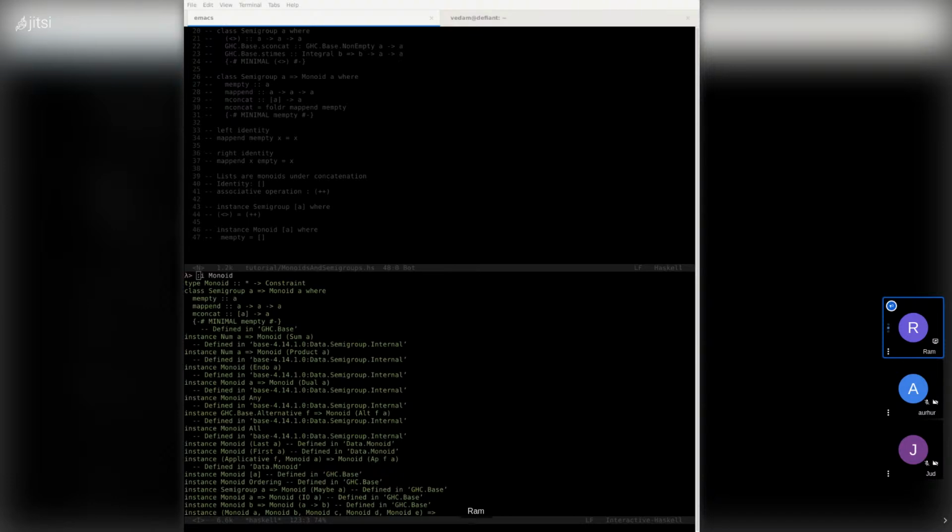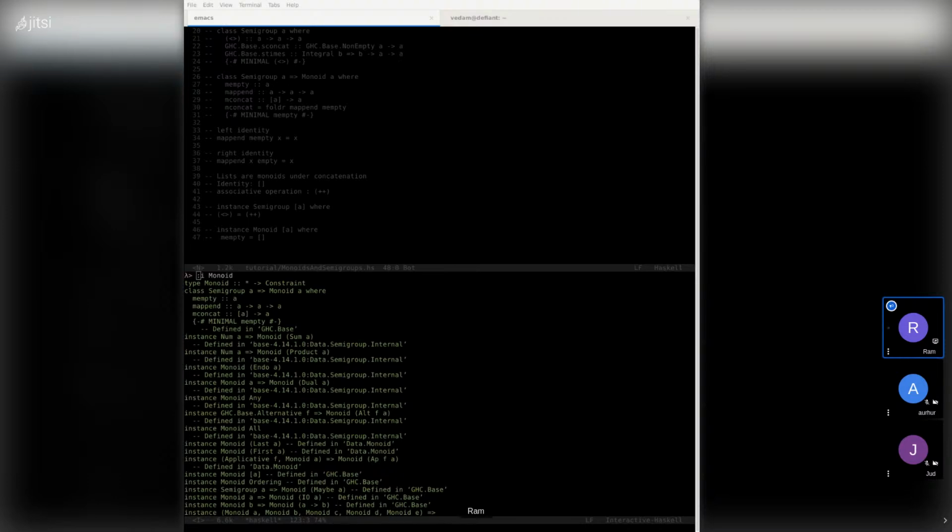But in addition to that, multiplication or product is also a monoidal operation for integers, because under multiplication, identity is 1, and you could still do the associativity as I showed earlier, and you'll get the same result.